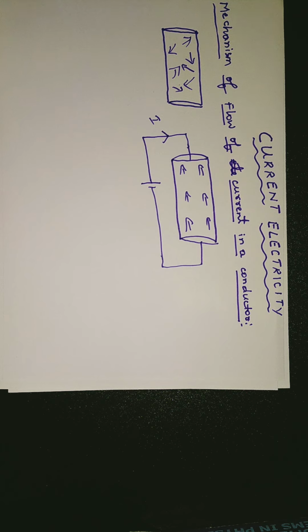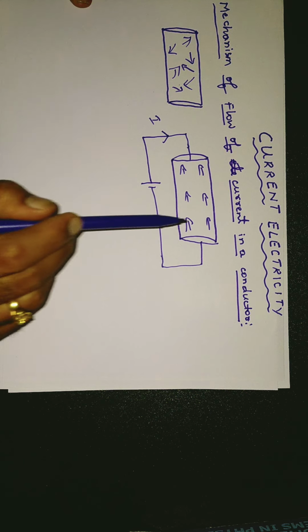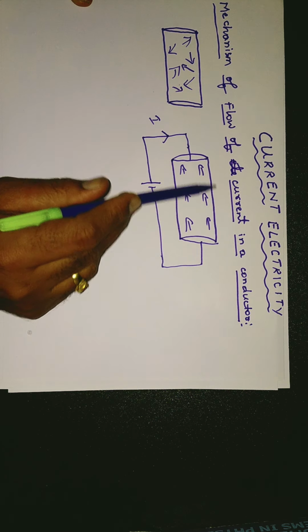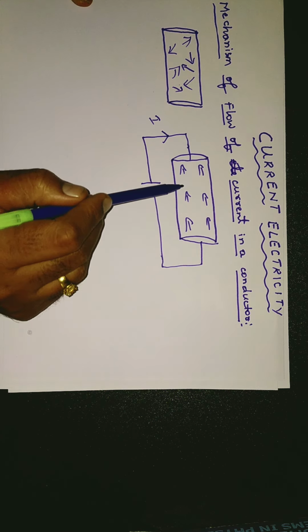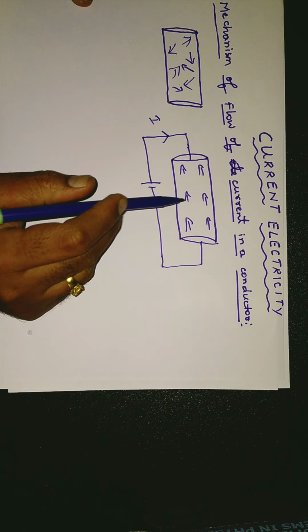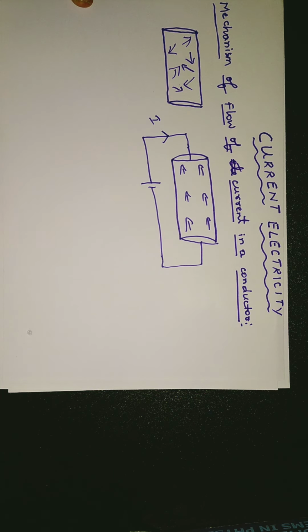But during the course of acceleration, they have lattice points. Lattice points are the sites from which the electrons have come out. So they have lattice points and also the neighboring electrons. So these electrons collide with the neighboring lattice points and the electrons. So here see, you will have lattice points here. The electrons collide with those lattice points and also with the neighboring electrons. When they suffer collision, what happens to their velocity? Their velocity decreases. They get slowed down.